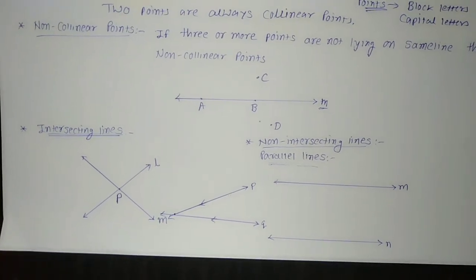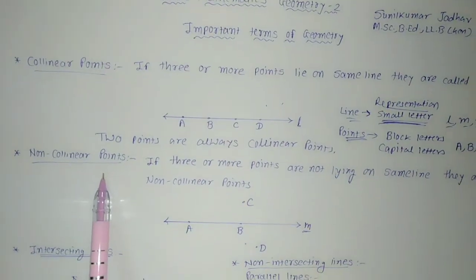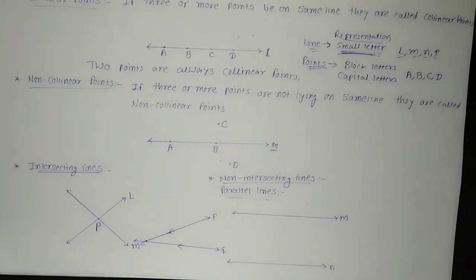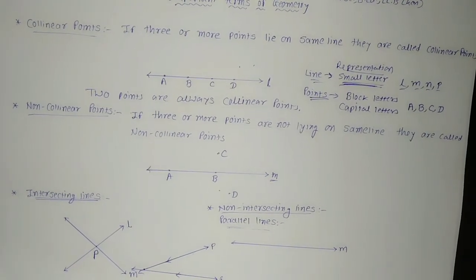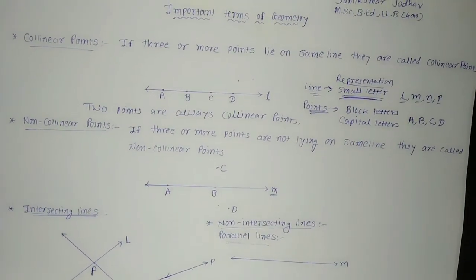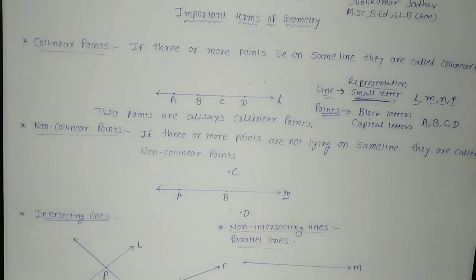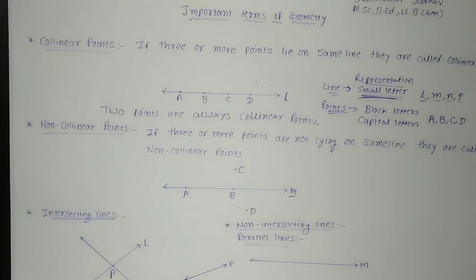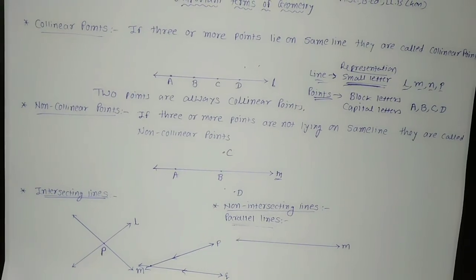So in this video we have seen collinear points. First of all, we have seen collinear points, then non-collinear points, then intersecting lines, and then parallel lines or non-intersecting lines. I hope you understand it. It would be useful for you if you are very new to geometry. If you are in standard 7, 8, 9, 10, then to learn basic mathematics, it would be new for you. And for all those students who have already learned through these standards and are preparing for the competitive exam, this would be very helpful to understand the basic fundamental mathematics, the geometrical concepts.